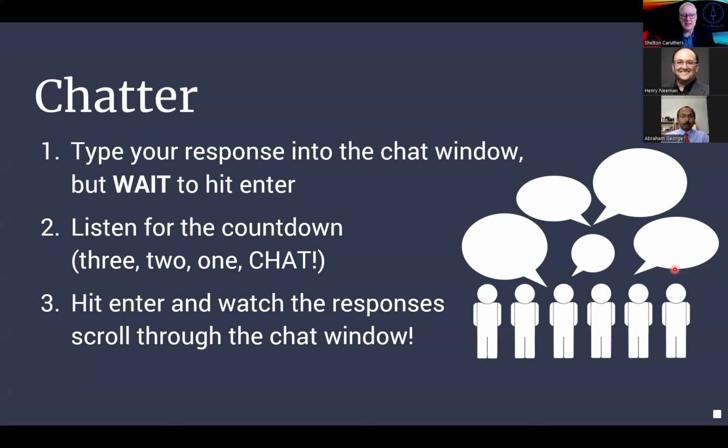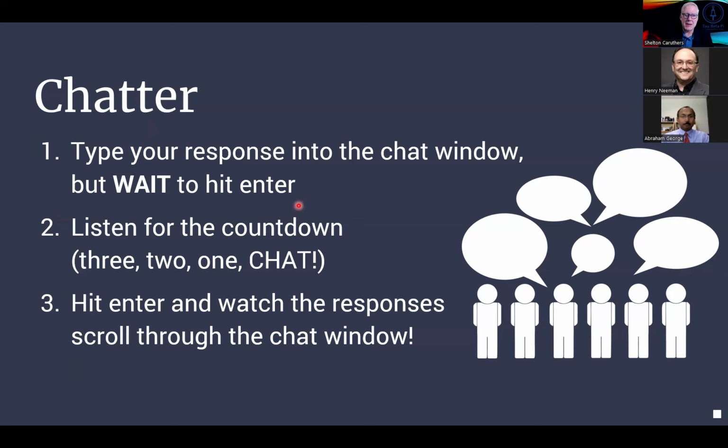Since this is an online technique, we want to use what we call the chatter for some interaction. So when I have a question or want to talk with you, the audience, we can use the chat box of the Zoom meeting. And the way this will work is rather than just all of us randomly typing things in, I'll have some prompt or some question.